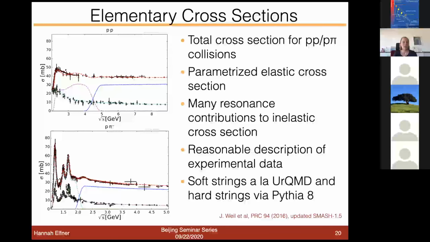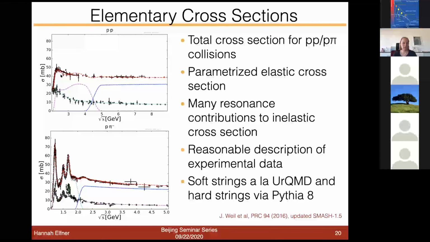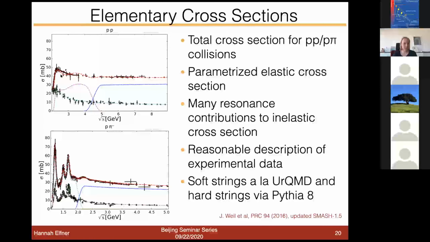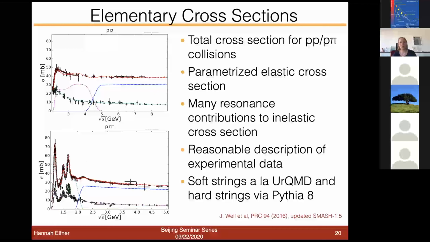But here in the total cross-section, you see this funny shape. And the funny shape appears because we have some different channels that contribute to that cross-section. So we basically have all these different channels and have input for all the different channels, and then the sum has to correspond to the data points for the total cross-section. In the proton-pion case, this works pretty well. So we reproduce all these peaks here by the different resonance contributions.